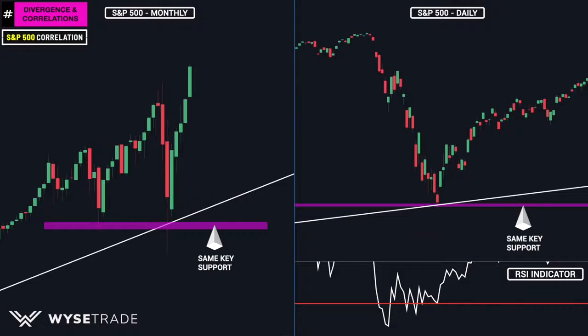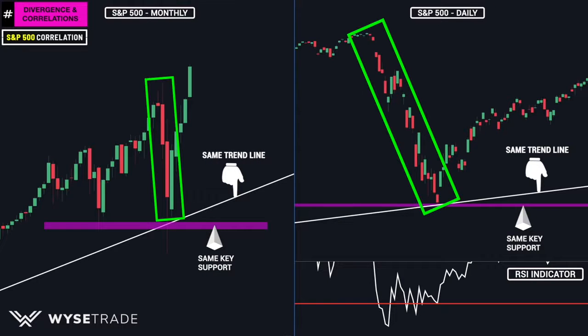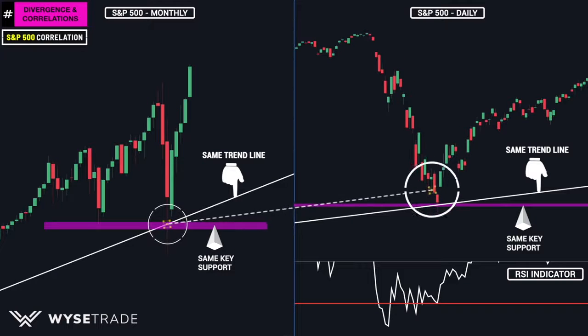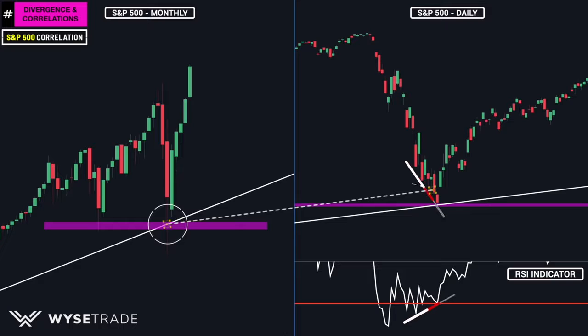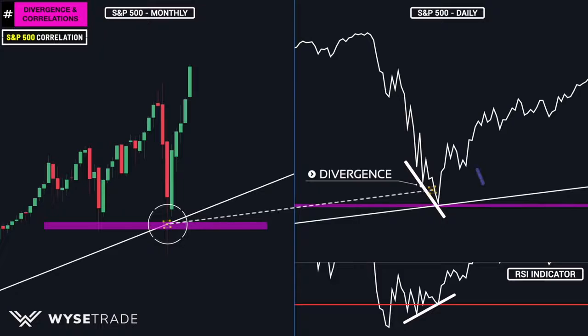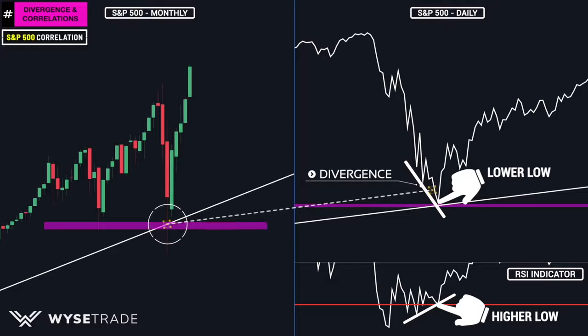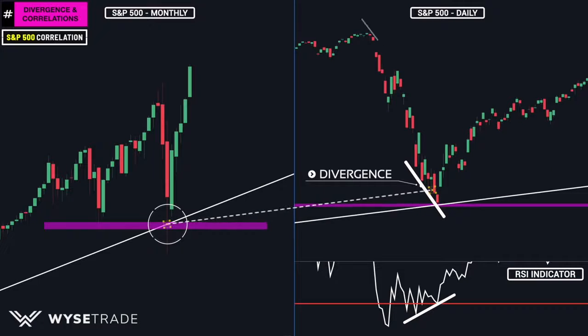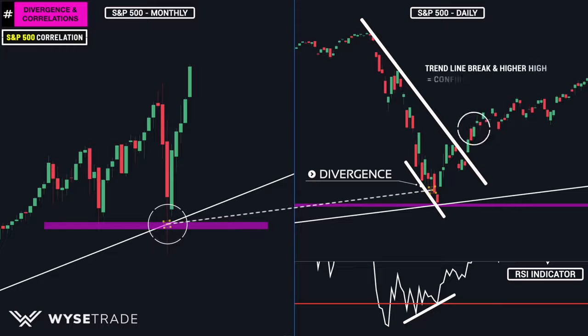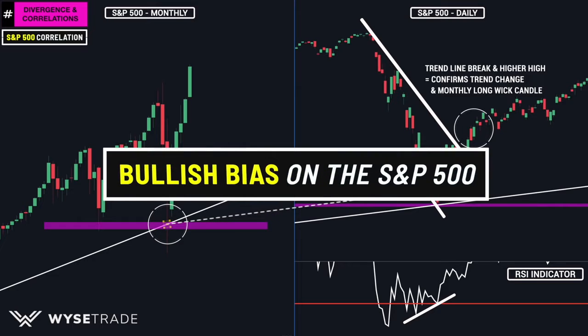Again, same support level, same trend line, same pullback and downtrend. And this access point here is this same area here. First, you had a tight divergence right at the access point. Let's pull up the line chart to show this. Price made a lower low and the RSI made a higher low, showing clear divergence. So back to candlesticks. You then place your trend line above, and once price broke through it, you had your higher high, which again confirms the trend change and showing that the downtrend is over and that the larger uptrend can continue. So the monthly is now confirmed by the daily trend change, which then gave us a bullish and